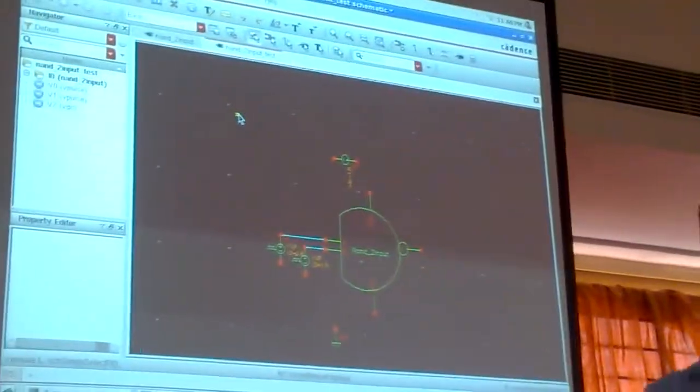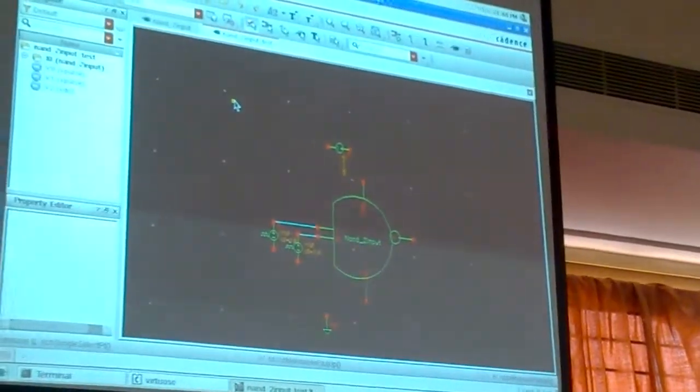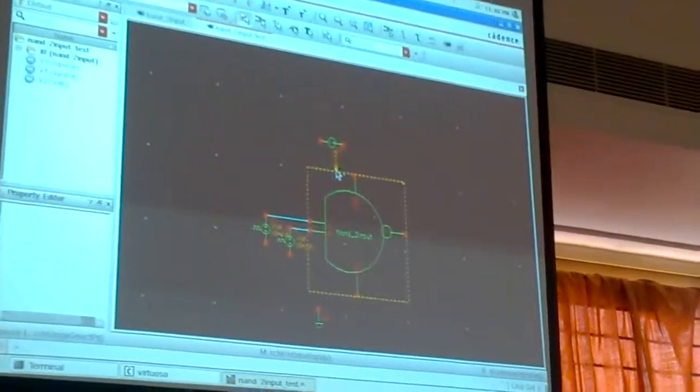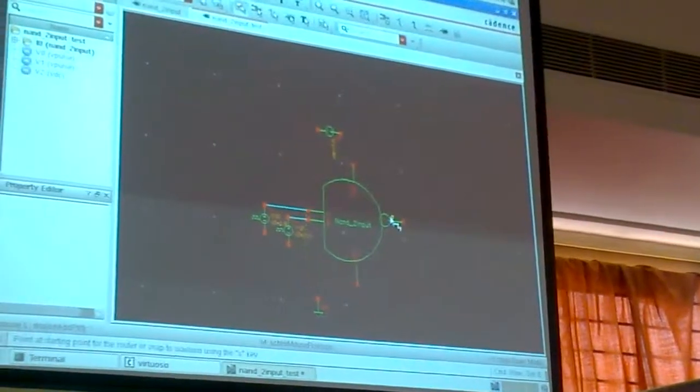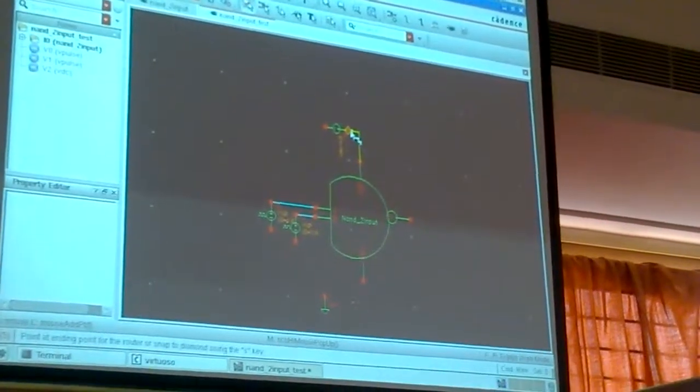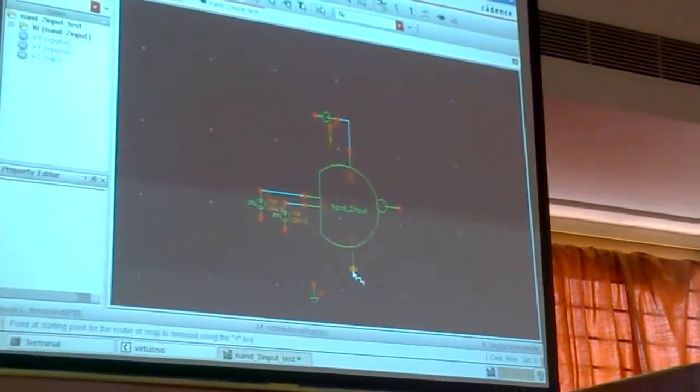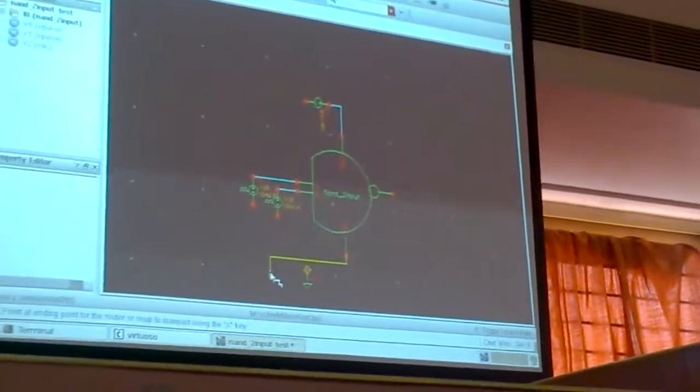If you want, you can rotate it also. Now connect the VDC to VDD. Make all the connections.